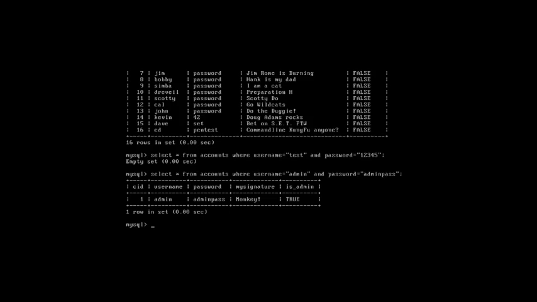There is an entry with this particular username and password, so we got the result. That's why it returned a valid entry from the database.